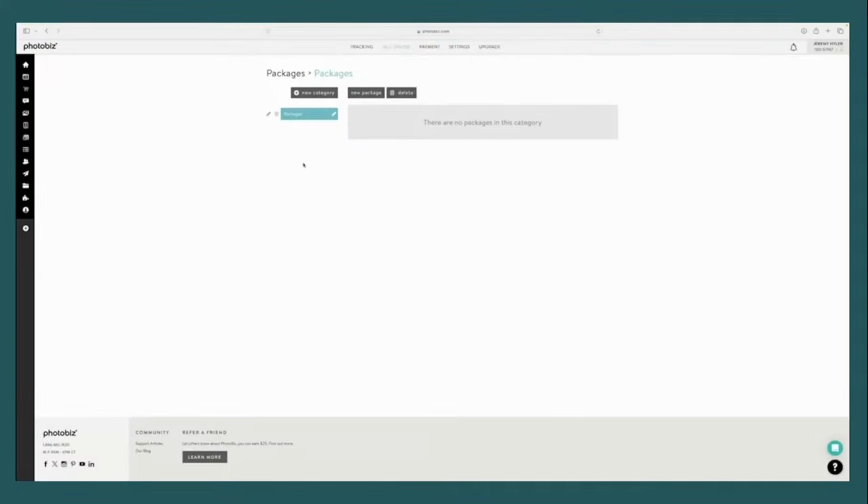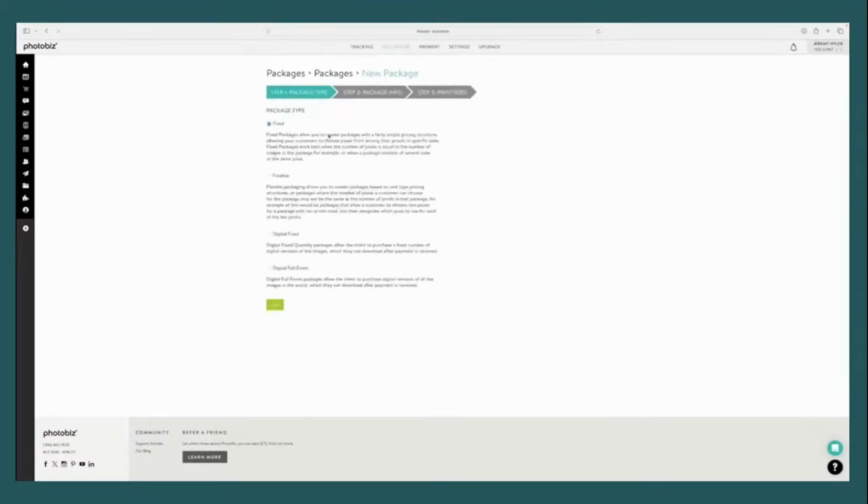For example, you may have a print package for family portrait sessions and then a totally different print package for seniors. The list goes on. You can offer as many different combinations and types of packages you want, and you can split them up into categories here. For the demo here, I'm just going to use the one category called packages, and we will add